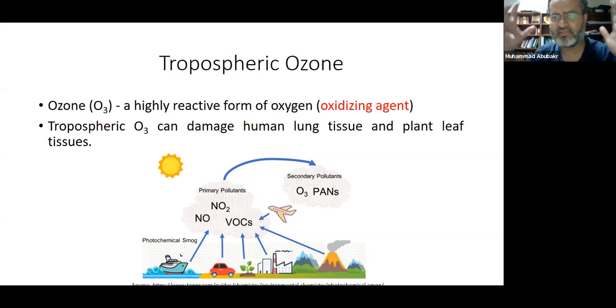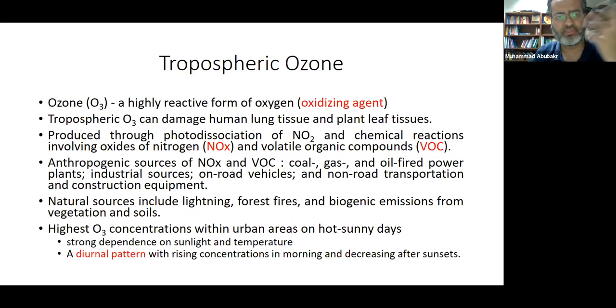ठीक है, तो main driver is the sun which is coming in, और उसके अलावा then there are all these anthropogenic sources. मुराद ये है कि लोग जो हैं वो गंद फैला रहे हैं, और उसकी वजह से you looked at these primary pollutants like NOx and VOCs, और उनका जो आपस में reaction है उसकी वजह से one of the secondary pollutants जो है वो ozone है. ठीक है, तो ये you must have done this last time, और इसको वो photochemical smog हम कह रहे हैं. अच्छा, so just summarizing,